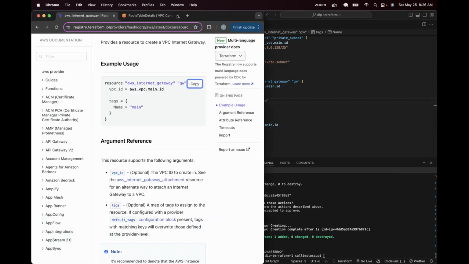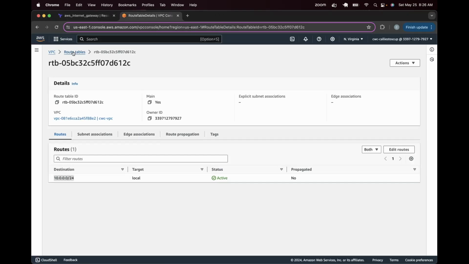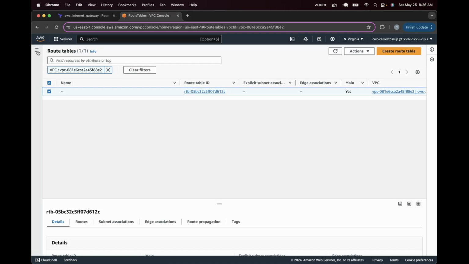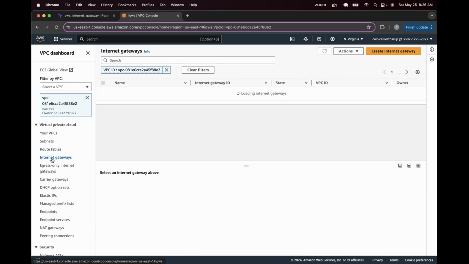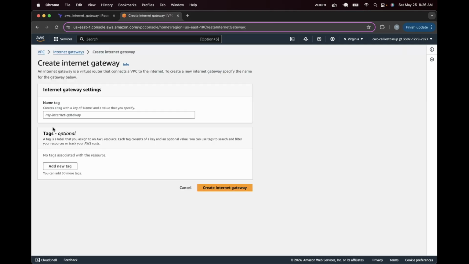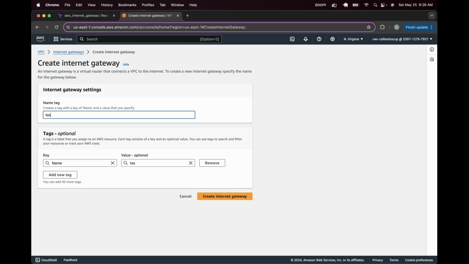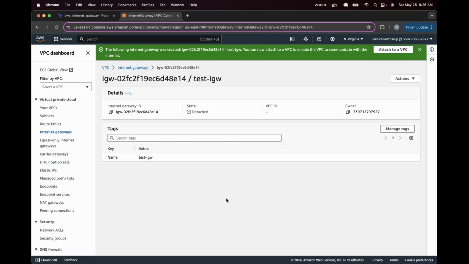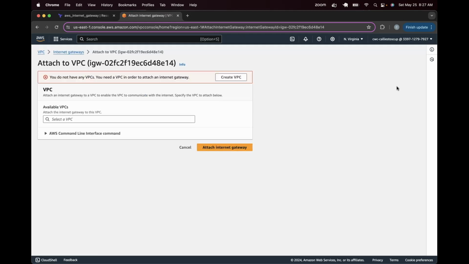So now let's go back to our console and take a look at what we did. So we did an internet gateway. You can see our Coding with Kali internet gateway is up and it is attached. If you remember when we did this in the console, we had to do this in 2 steps. So let's do test internet gateway. We had to name it, right? And we created it. And then once we created it, we had to go to actions and attach it to a VPC. And then we had to select,